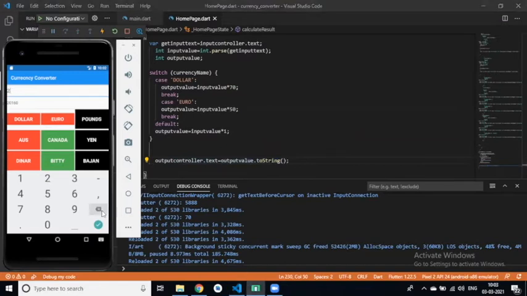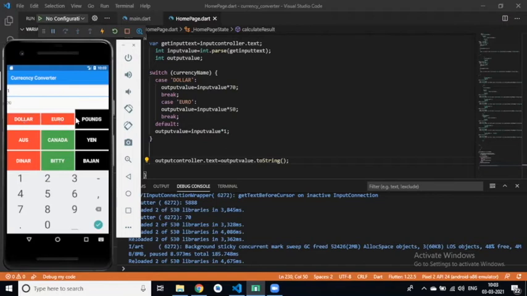So if I enter 1 and click on dollar then 70, if I click on euro then 50, understand? Yes. And if I click on pounds, nothing will happen because we haven't defined anything for pounds and yen yet.